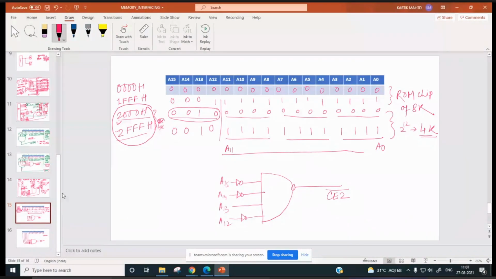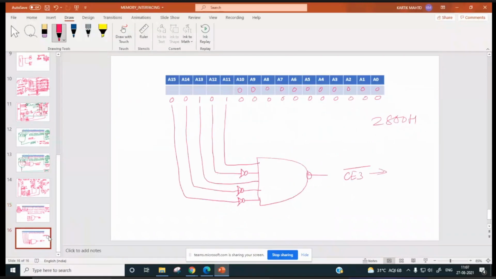Already this way we have decoded. It means some problem is there. If we go by this technique, we are going to get the unique addresses for the CE bar 3. This chip will be selected only if this is 21. This is 2100H.